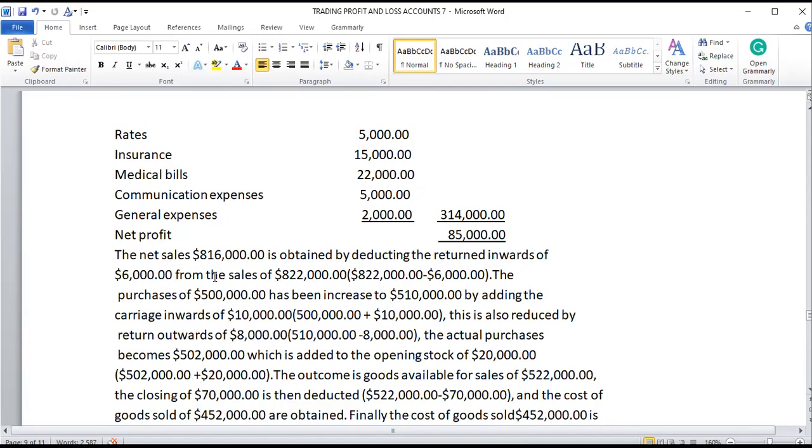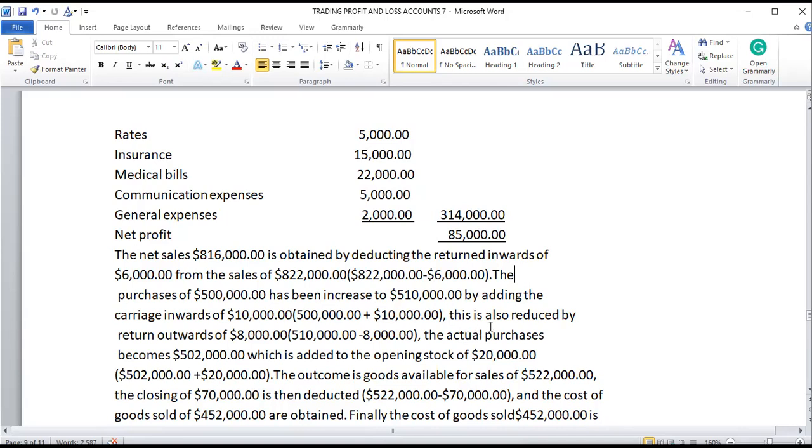The purchases of $500,000 has been increased to $510,000 by adding what? The carriage invoice of $10,000. So it's this $500,000 purchases plus $10,000 of carriage invoice. We get a total figure of